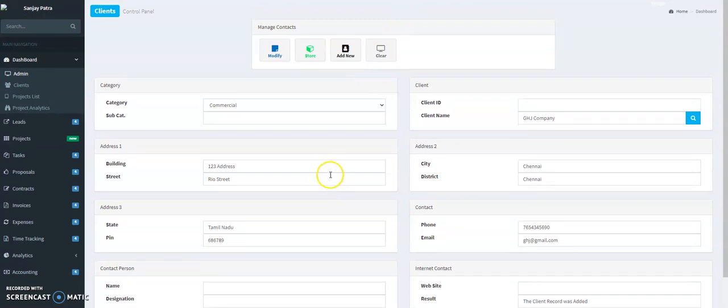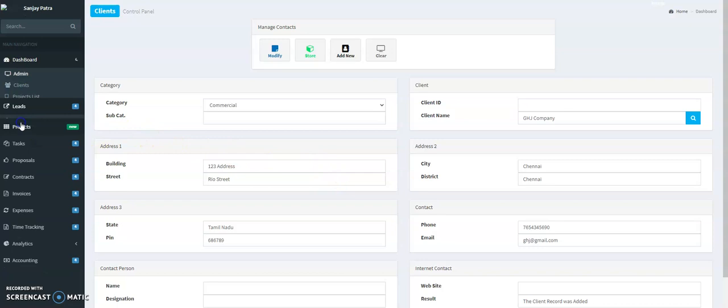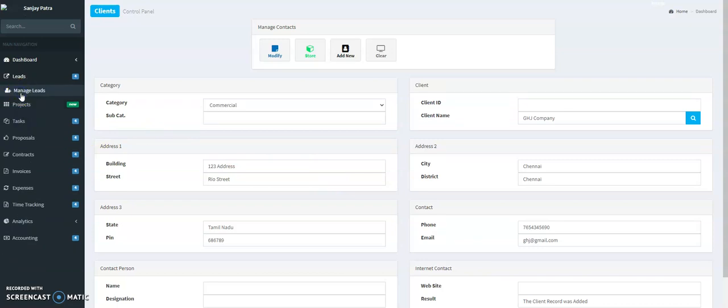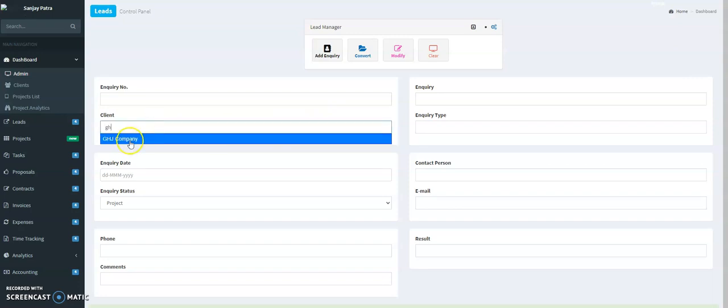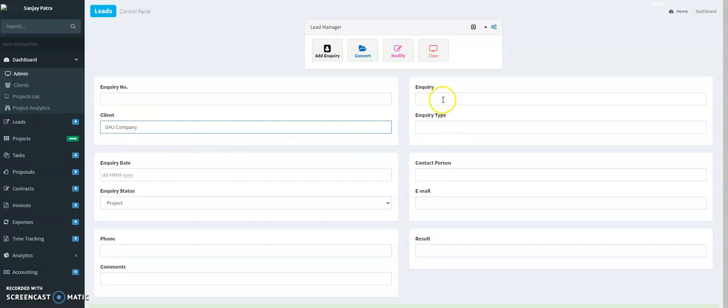Once the client is added, then we go to the leads. We manage the lead. A new lead is created where this client has inquired about some product or some project. So we select the client, the inquiry,